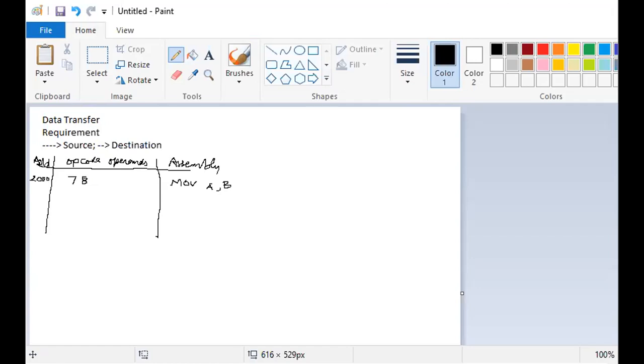So is the case with other instructions. Now let's say that you now have the data in register A. The next instruction in the memory can be written at address 2001, and let's say I want to transfer the content of A, because B has been loaded into A, I want to take this content from A to, let's say, register C, for example.